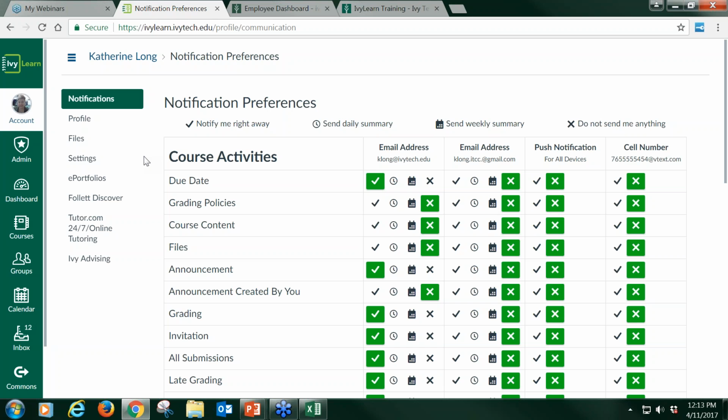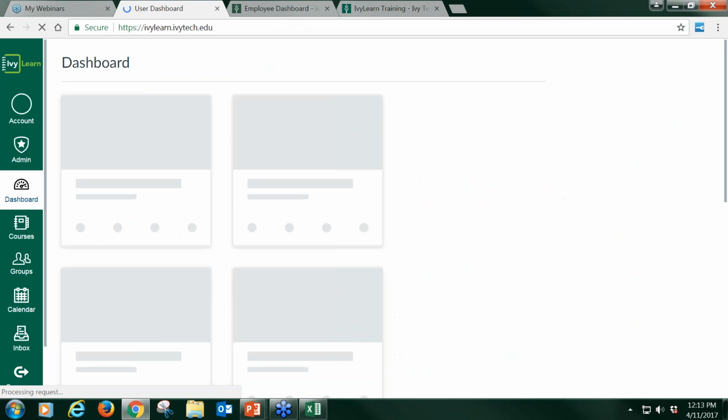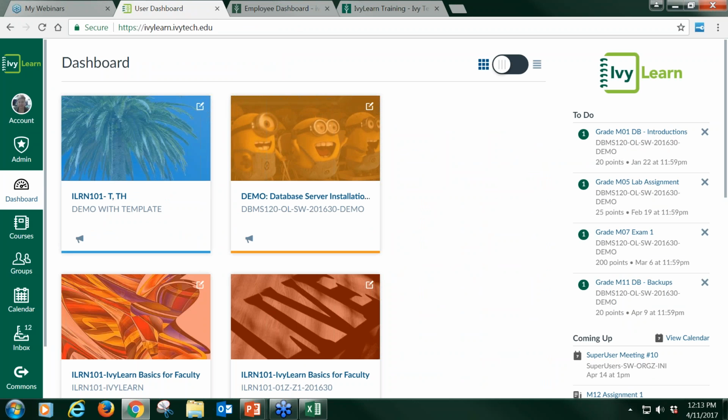Okay. Everything in the IvyLearn platform is deadline driven. Okay. This is a different workflow for us in the IvyLearn platform versus Blackboard. So by default, IvyLearn always opens up to this dashboard. Okay, so you remember the dashboard is how we access our courses. And over here on the right-hand side, this is our